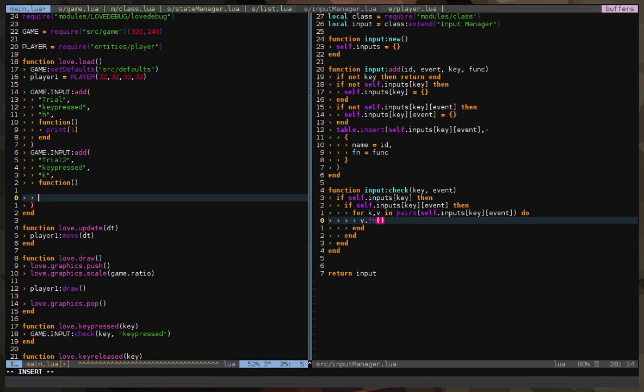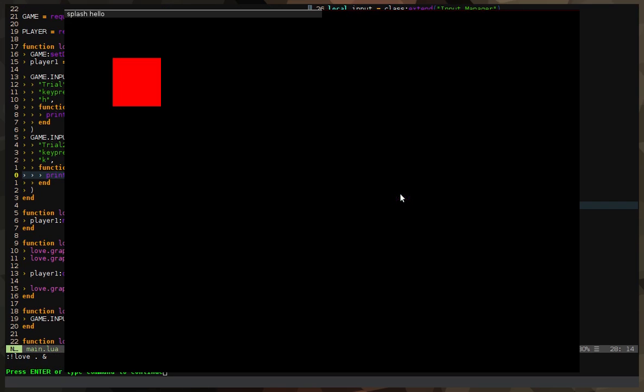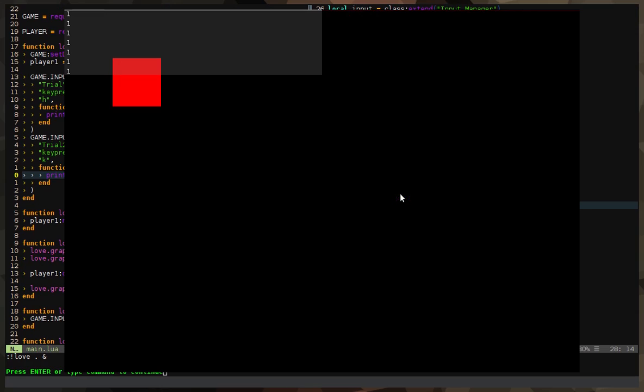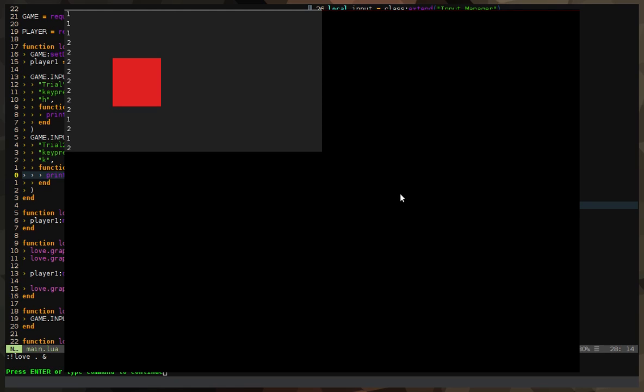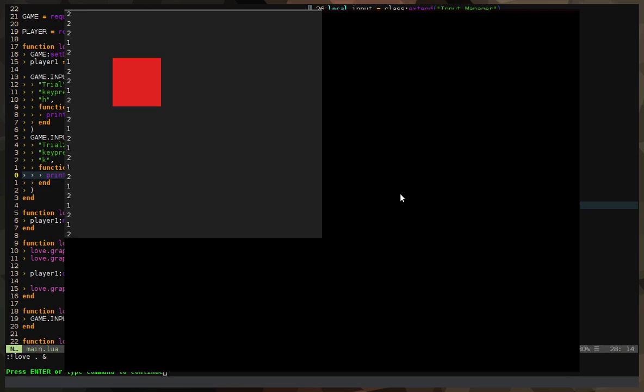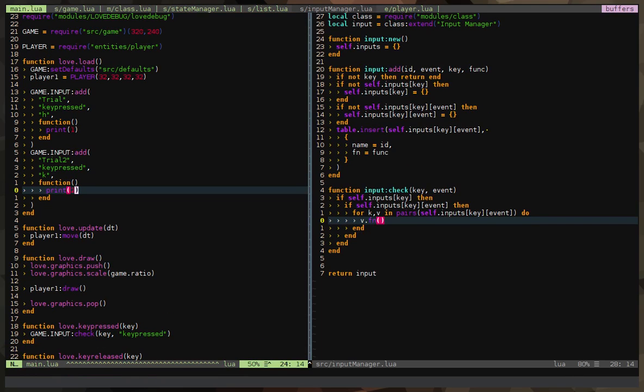So okay, let's finish this now. Print and then 2. So the first key is K and the second one is H. If I press H, it prints out 1, and if I press K, it prints out 2. If I press both, of course both are printed out.